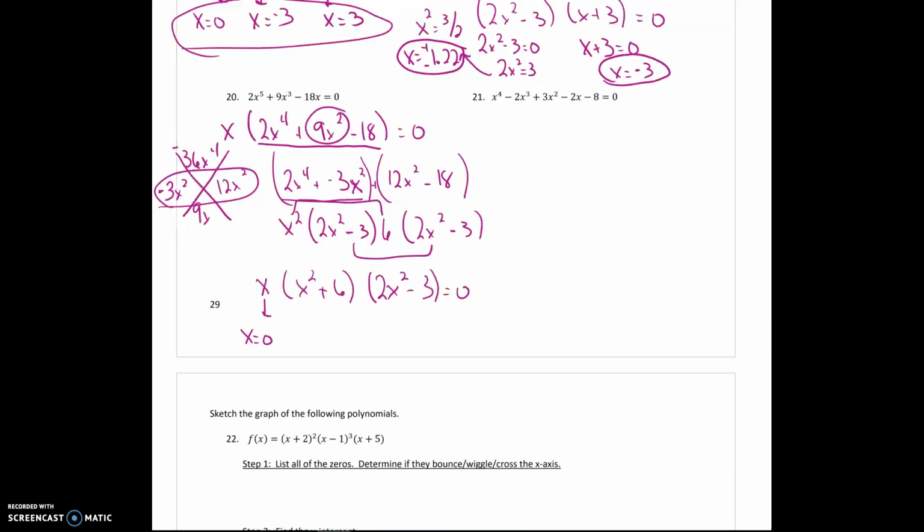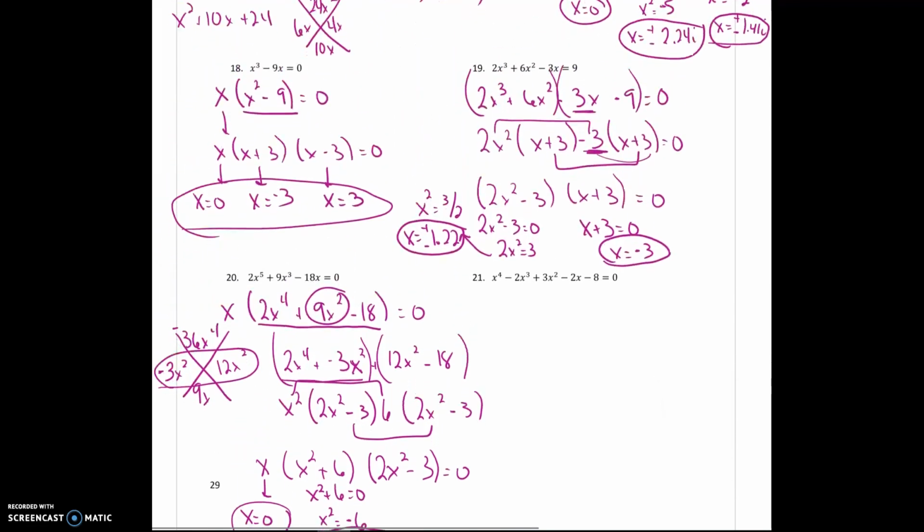It's 0. What's going to make this one be 0? I'll set it equal to 0. I'm going to subtract 6, and then I'll be taking the square root of negative 6, and when I check my calculator, it's going to be positive negative 2.45i. So far we're at 3 answers, and then I'll take the other one,